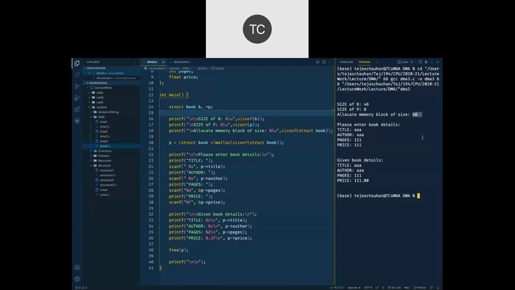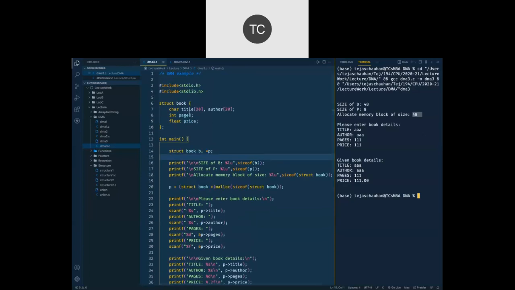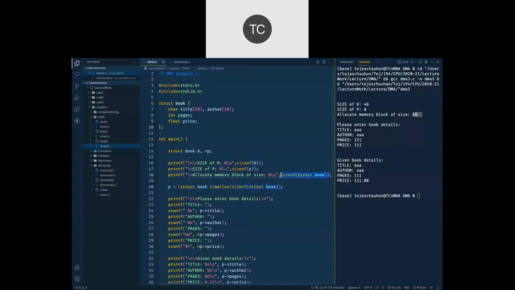Yusuf is asking, what will be the memory of this structure after using malloc? Look, a structure requires memory which is equivalent to the total size of its members. Correct? तो स्ट्रक्चर की साइज तो फिक्स है. आप स्ट्रक्चर को वेरिएबल से एक्सेस करो या आप स्ट्रक्चर को डेटा टाइप से एक्सेस करो, उसकी साइज फिक्स है. 48 bytes. So it is fixed. स्ट्रक्चर की साइज कभी चेंज नहीं होगी. It is going to be 48 bytes in this book structure.